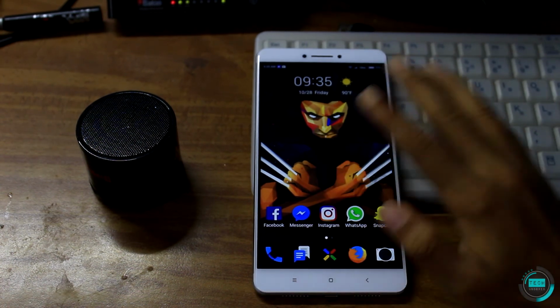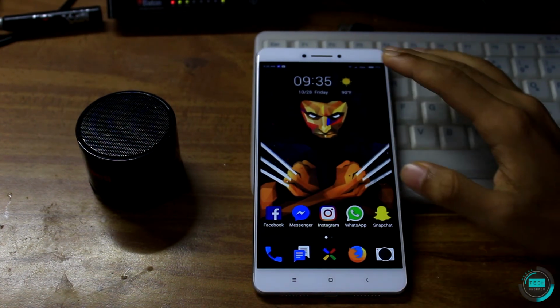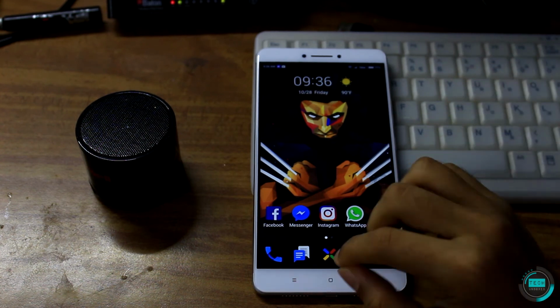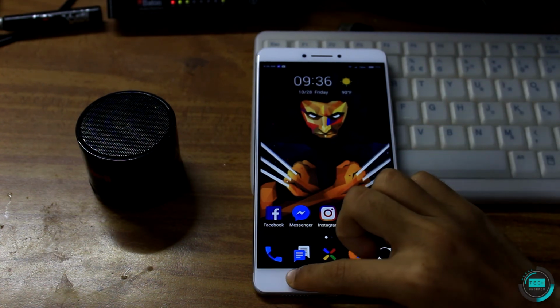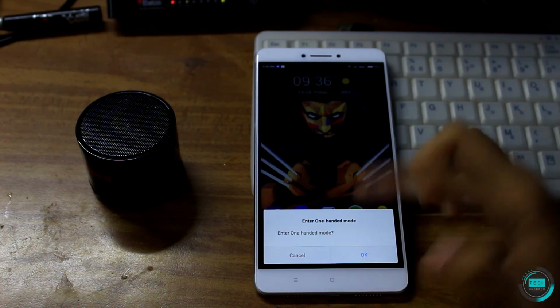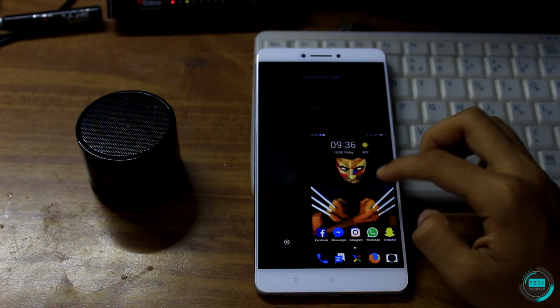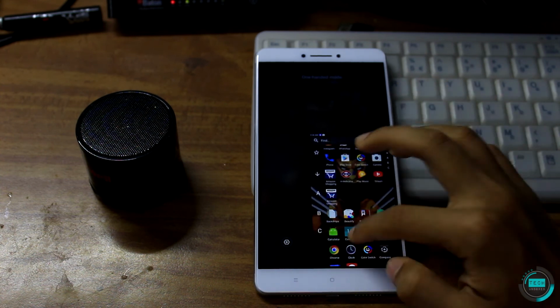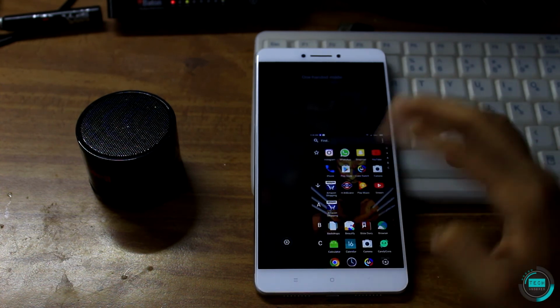If you need to go to one-handed mode, since this is a big display, this is the Mi Max, you could just press from left to right. You can just drag like this and it will enter into the one-handed mode. From this you can do your normal browsing and stuff, and it will still be in one-handed mode.